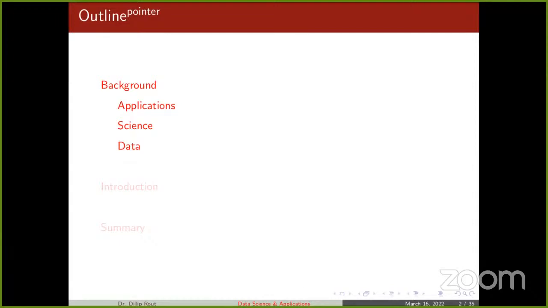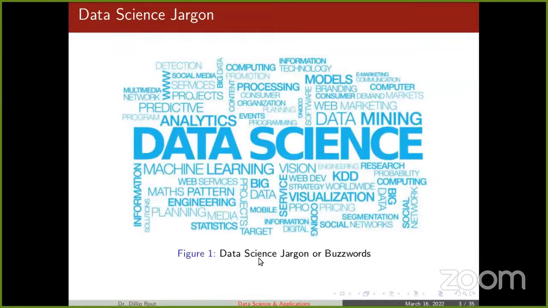So I'll go from right to left, breaking each of the words, factorizing each of the concepts one by one. So I'll go for applications first, then we'll look into what the science is in data science, then what the data is in data science, okay? So with this, we'll just move towards the next step.